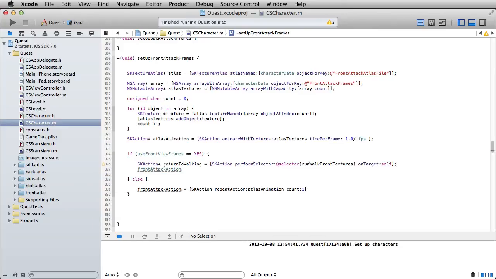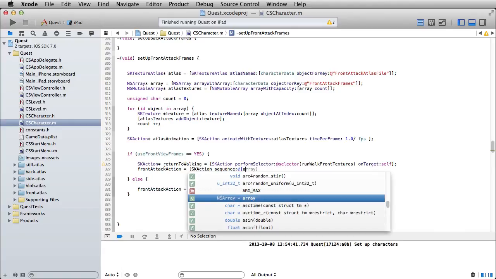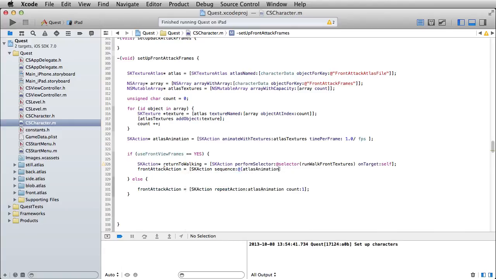And then we'll say front attack action equals, and now it's going to be a SKAction sequence. So sequence, put in that @ symbol. Here's where we put in atlas animation and then return to walking. And if we try to run this right now, we would have an error because obviously this run walk front textures doesn't exist, but it is set up and ready to go,